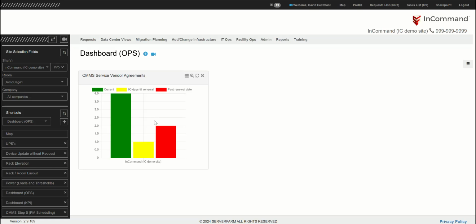And what this widget tells me is that I have 4 current agreements that are happy. I have 1 agreement in yellow that is within 90 days of needing to be renewed. This is my flag to get to work on it. And it's telling me that I have 2 agreements that have actually passed their renewal date and perhaps need urgent